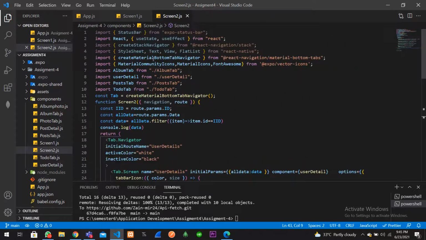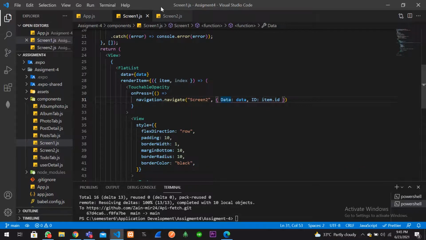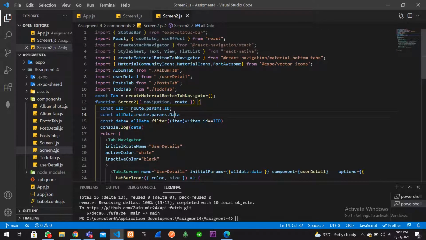Now let's go to screen 2. Here I am receiving the data that I sent from the previous screen using route. I have captured route.params through route.params.id and stored that value in IID. Now I have captured all data from the data variable and received it in this variable.